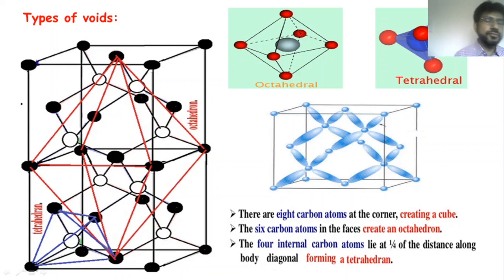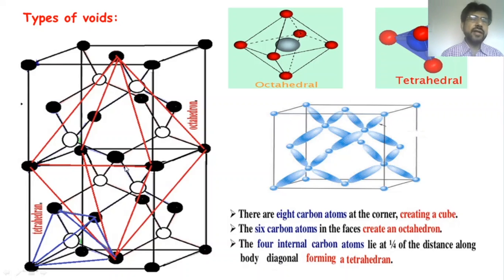Similarly, in case of the diamond type of structure, now the 4 atoms which are at the position 1/4 and 3/4 of the cubic edge in this unit cell, if we connect these, then there will be the formation of the tetrahedral voids. So we can say that